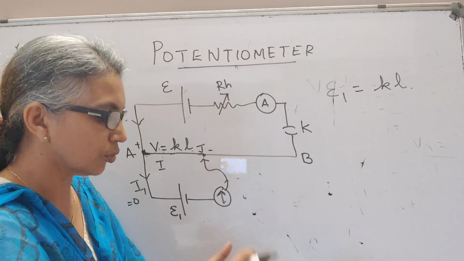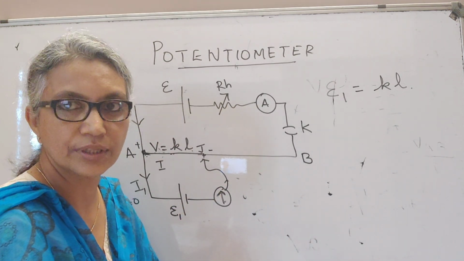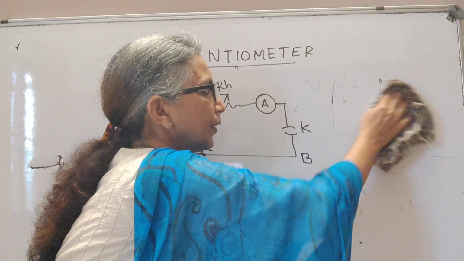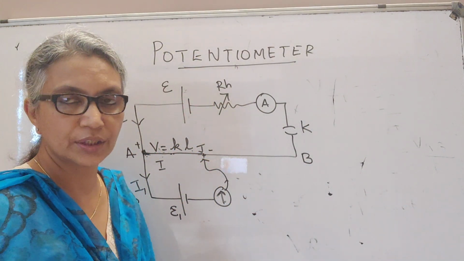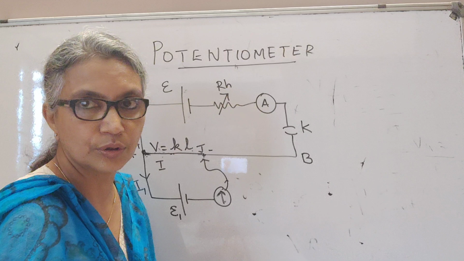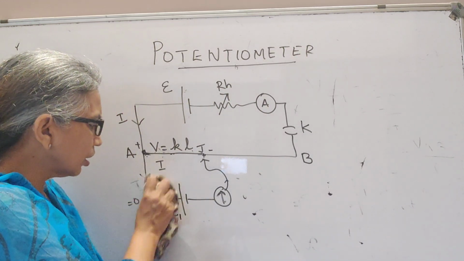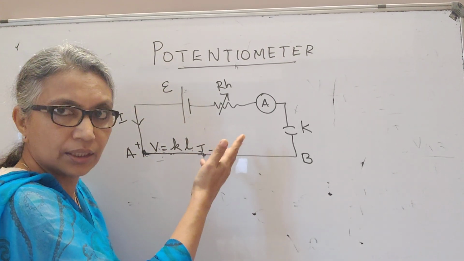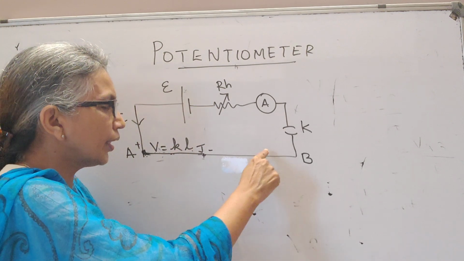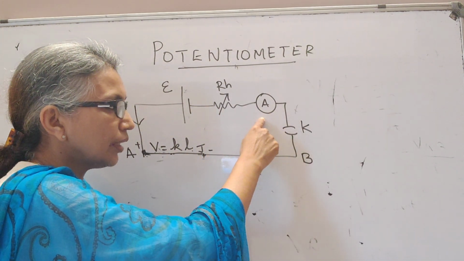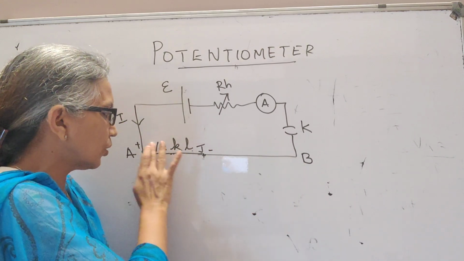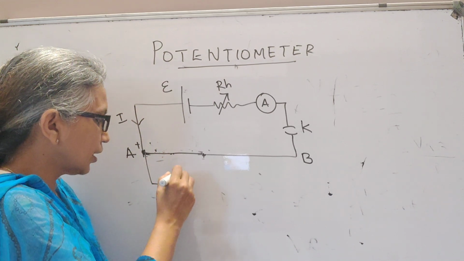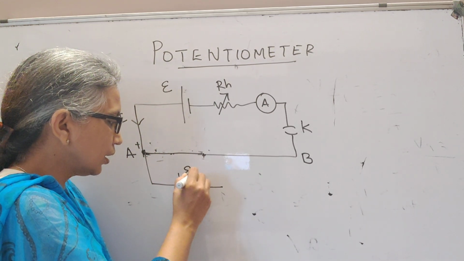So now if you have understood so much, then the two applications that you have in your textbook are extremely easy. The first application I told you is to compare the EMF of two given cells. You'll be given two cells and you will have to find the ratio of their EMFs. Now here, the primary circuit I told you in both the applications will remain the same. It will have the driver cell sending a current I. It will have the rheostat, the ammeter and the key, and this is a potentiometer wire. Okay. Now what I'll do is, I'll connect the first cell that has been given to me as E1.